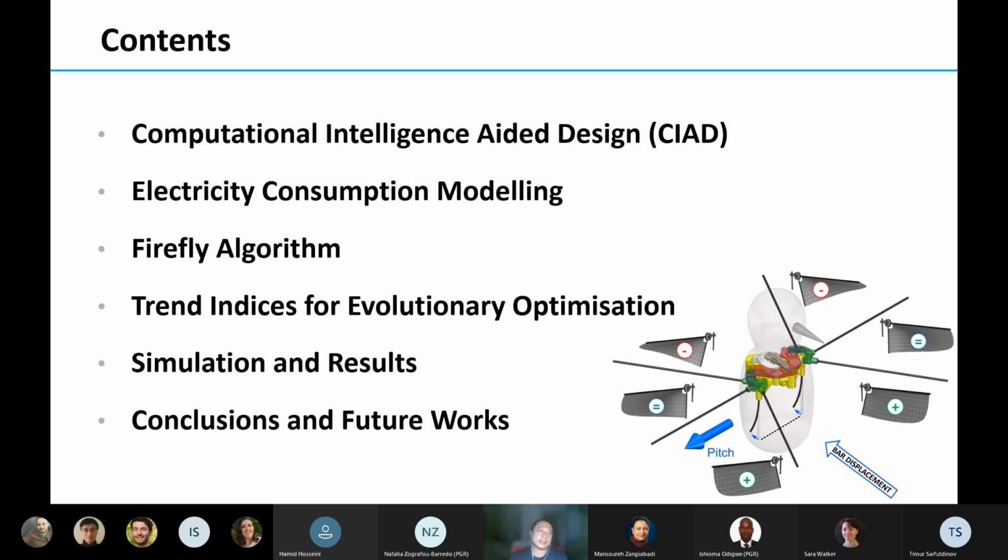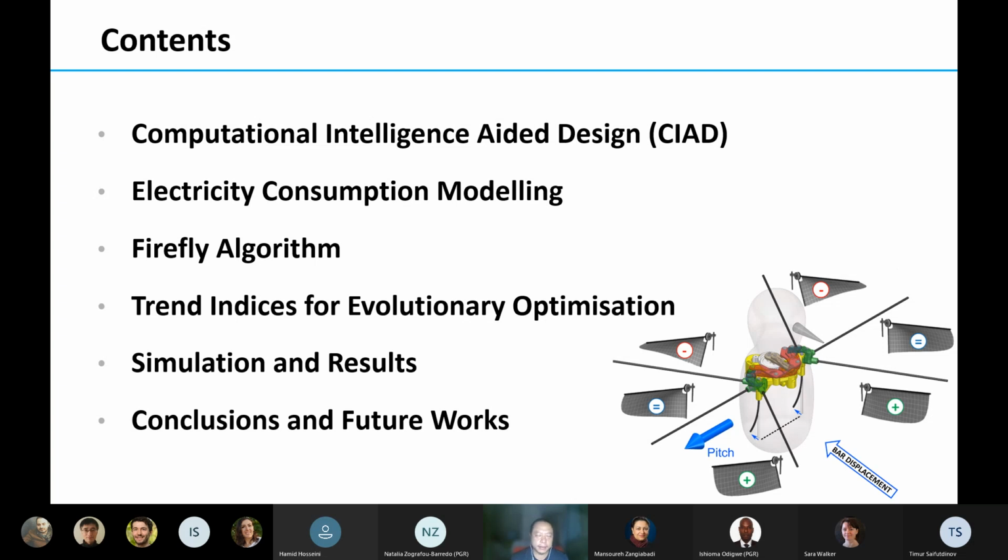The contents for today's presentation: first of all, I'd like to introduce the AI tool, which is called Computational Intelligence Aided Design, short for CIAD. You can just consider it as an AI tool. Second is modeling for the electricity consumption.